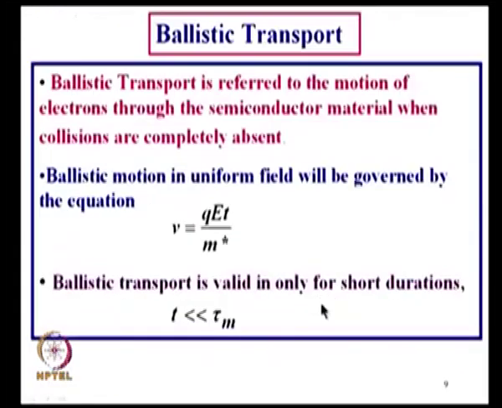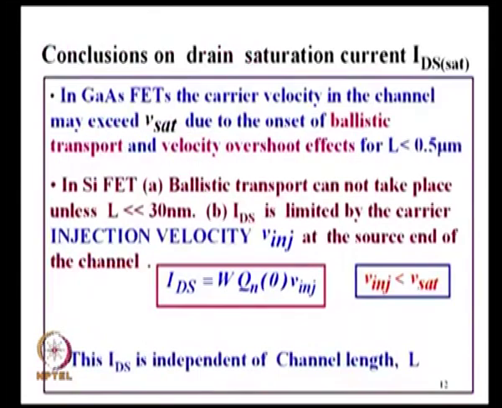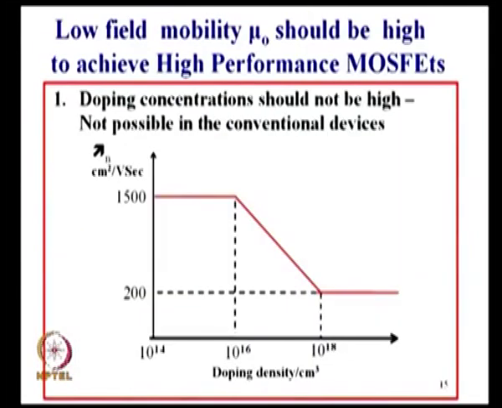Now, I am skipping all these things which we have discussed. So, you are looking at either materials which can give you high mobility, or if you want to stick with silicon, what is the way you can increase the mobility? What are the factors which